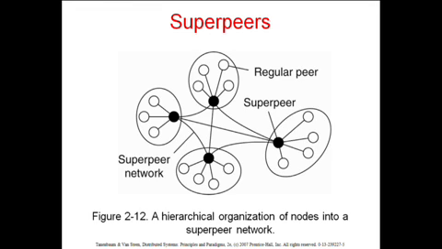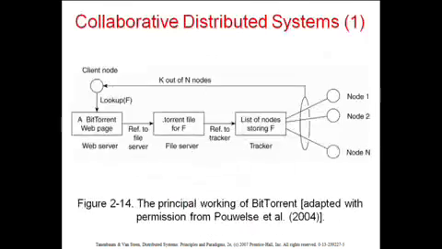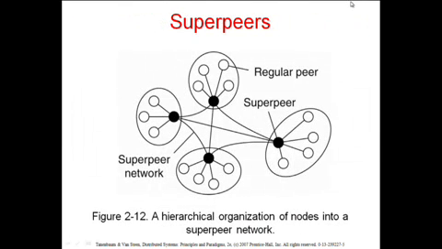Now, if you have 1 million super peers and 100 million normal peers, good luck chasing down the million super peers, right? It's like flies. You kill one, more spring up, right? And this literally happens with a lot of these services. Okay? Now, these are interesting ideas that we might want to use even beyond just normal peer-to-peer systems, right? If you want to have these super resilient networks.